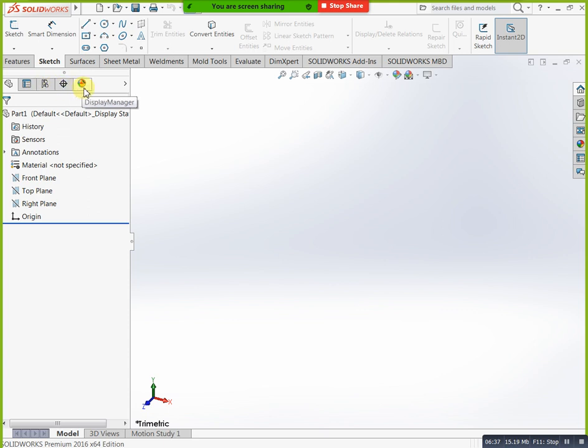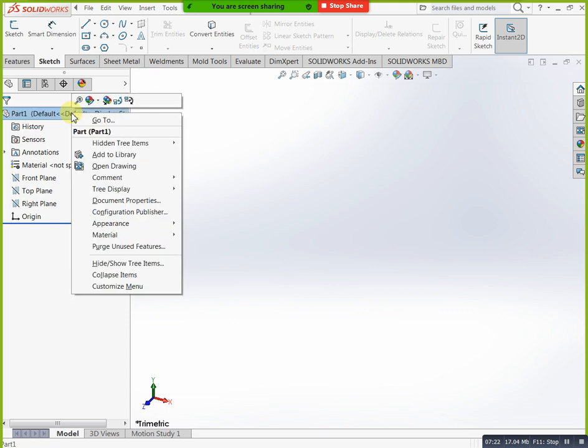First of all, what is the feature manager design tree? The feature manager design tree is nothing but a specifications tree. For example, I need to complete one piston. To complete that piston we need to use a number of tools and different types of sections. All those tools are automatically displayed here. However many operations you do, that many operations are displayed one by one automatically here. That's why we consider this the feature manager design tree, or specification tree, or product structure. Here we can see our first part, Part 1.